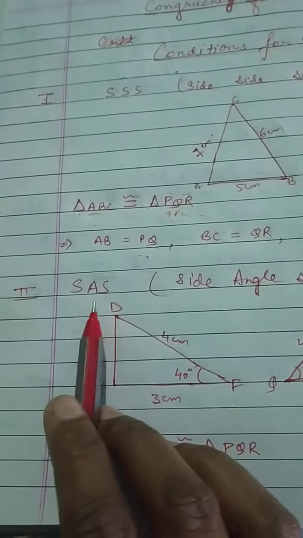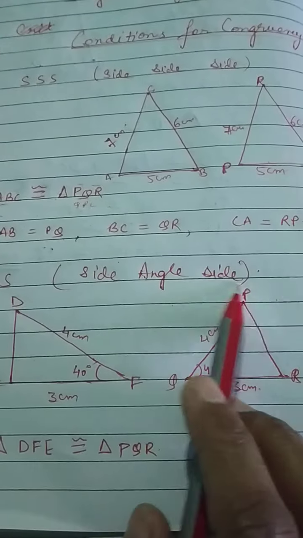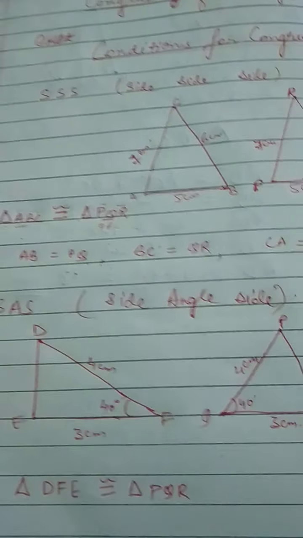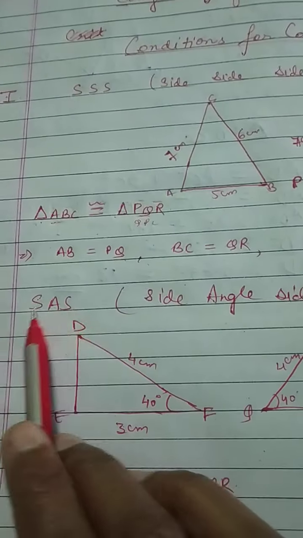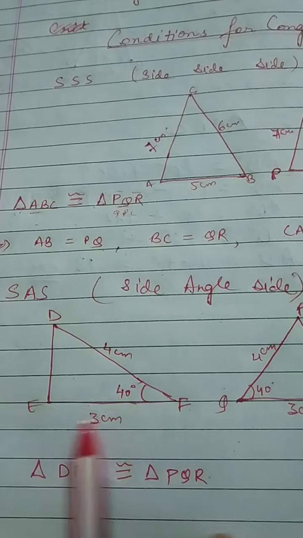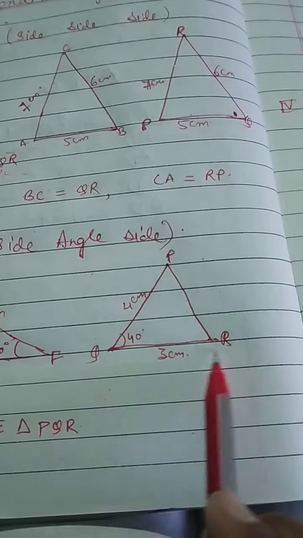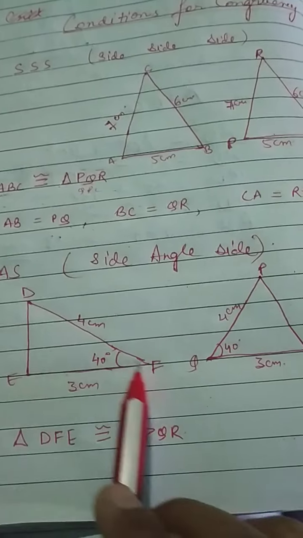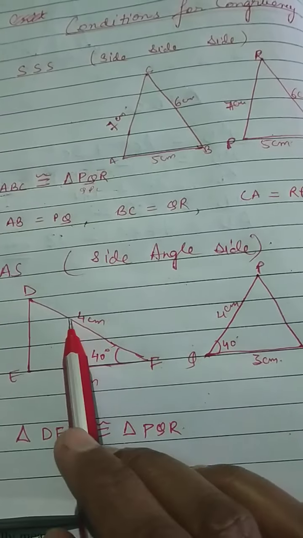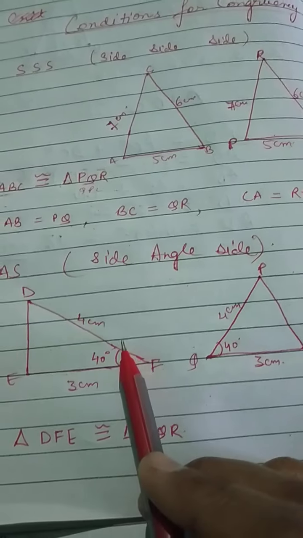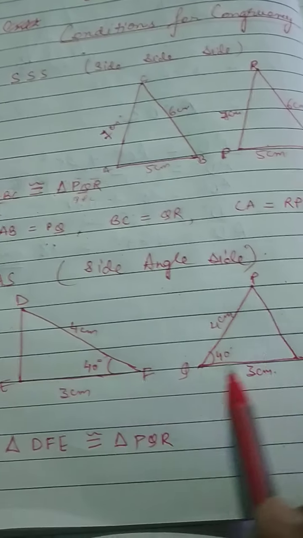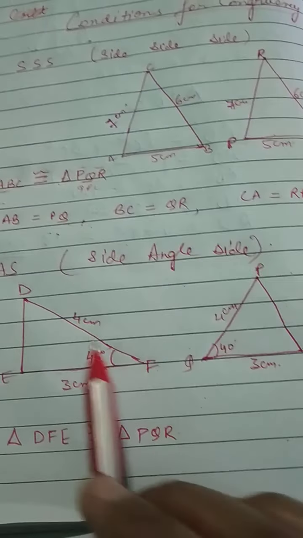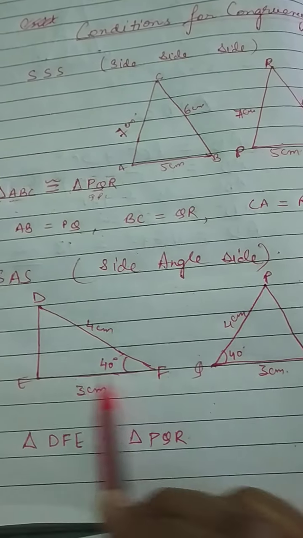Now the second condition is side angle side. Yes, two triangles can be congruent by this condition also, if two sides are equal and one of the angles is equal. This side is equal to this side. You can see EF is equal to QR, DF is equal to PQ. This is 4, this is also 4 centimeter. And one of the angles, angle F, is equal to angle Q. Okay. So by side angle side,